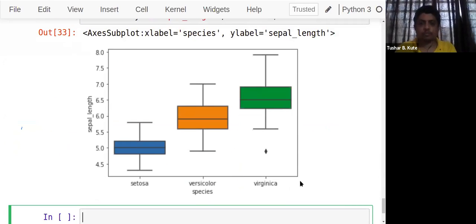See, for Setosa, the data distributions are shown here. For Setosa, the minimum value is this, the maximum value is this. For Versicolor, the minimum value for sepal length is this, and the maximum is this, and for Virginica this. You can observe that.